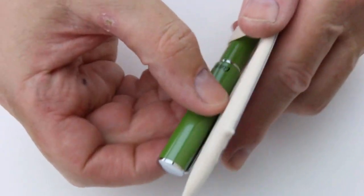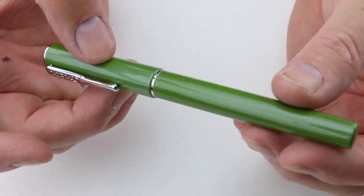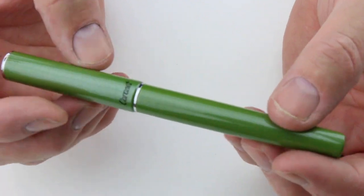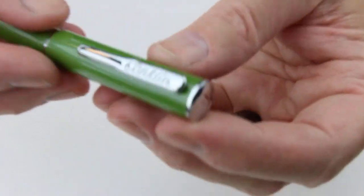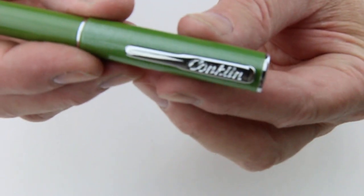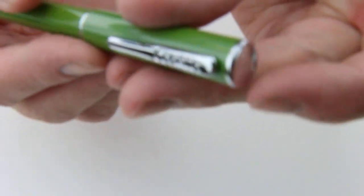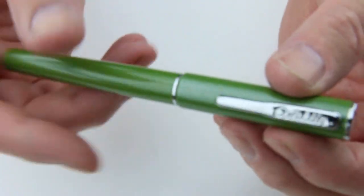And of course we have the Conklin Coronet fountain pen. This happens to be the olive color. They all have a silver trim, traditional Conklin shaped clip with the Conklin logo engraved into the clip. A plain silver top to match with a silver ring here at the center of the pen, and